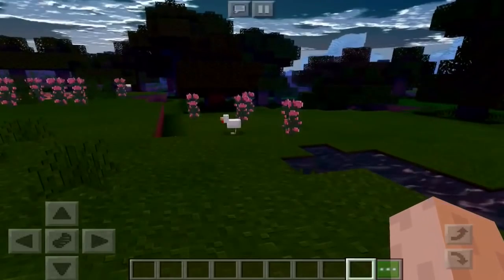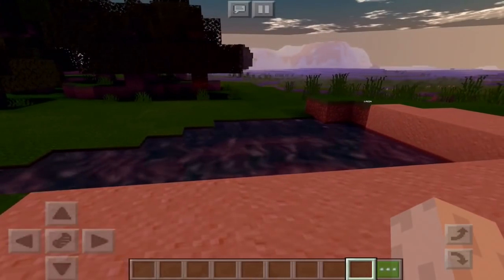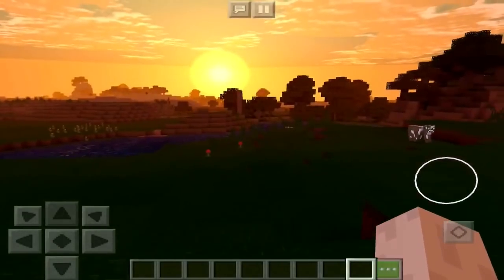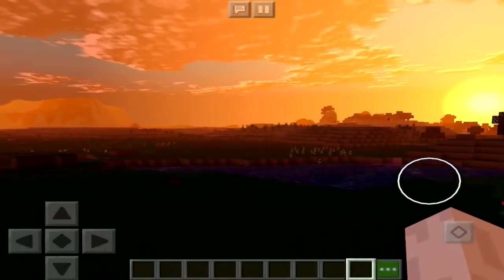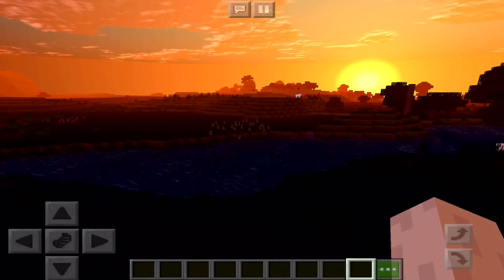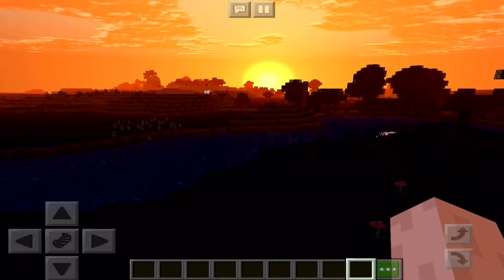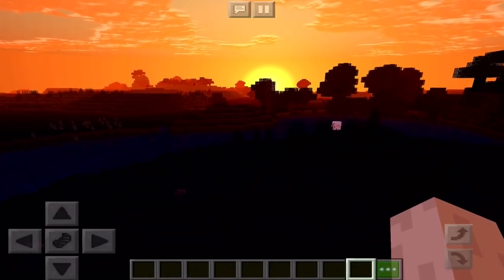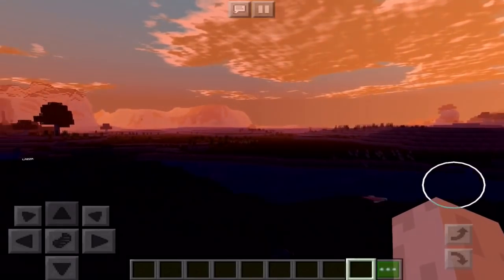I will have some cinematic stuff at the end, so please do stay tuned for that. And I am also running this on my brand new iPad Air 3. I'm not 100% sure on the requirements for this shader, because it probably is a high demanding shader. The water might make your game lag a little bit. I'm not 100% sure, but it's always worth having a download, just have a gaze. If it doesn't load in or your game just crashes, then maybe the shader is not compatible with your device,